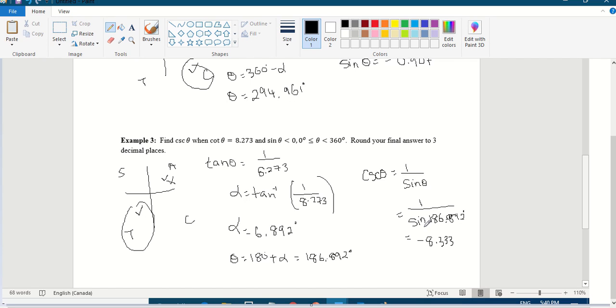So given a particular ratio, if you want to find another ratio for an angle between 0 to 360 degrees with conditions given, the procedure will be like this. We sketch, we decide which quadrants, we find the reference angle alpha. Depending on the quadrant, we do 180 minus alpha in the second quadrant, 180 plus alpha in the third quadrant, and 360 minus alpha in the fourth quadrant. Once we have our angle, we can find any of the other remaining 5 trigonometric ratios.